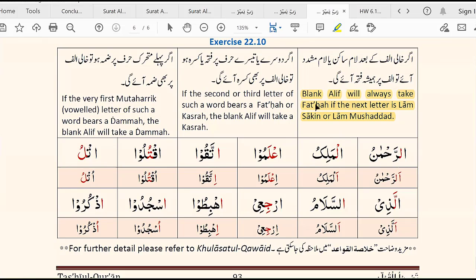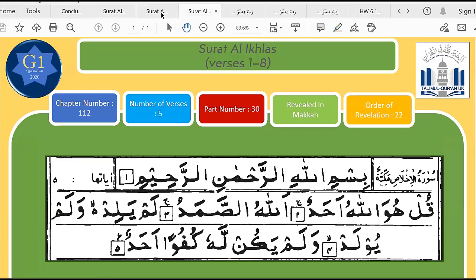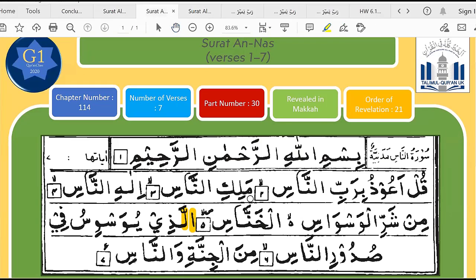So as I was saying, whenever blank alif is followed by lam, it will always take fatha. Okay, as we can see in the examples underneath. Blank alif is followed by lam, either lam sakin or lam mushaddad. It does not matter. As long as it is lam, the blank alif will always take fatha. So going back,